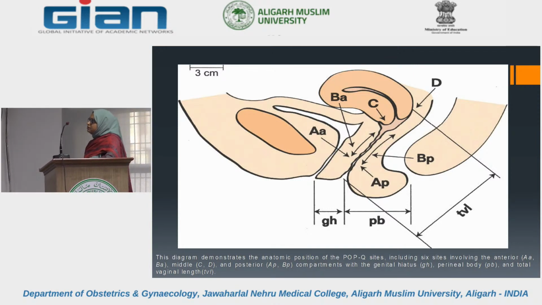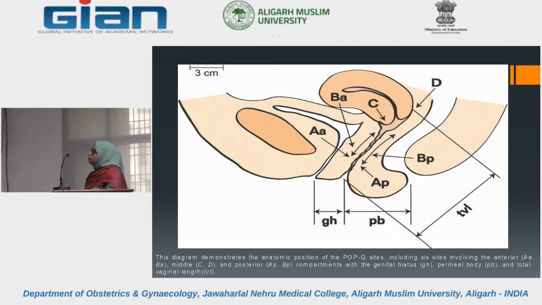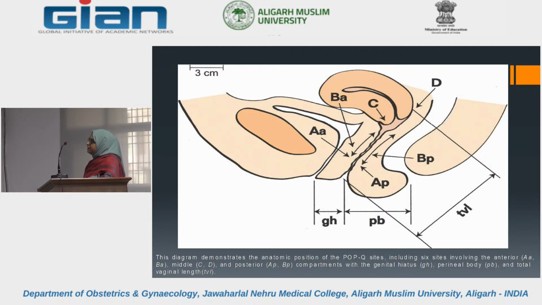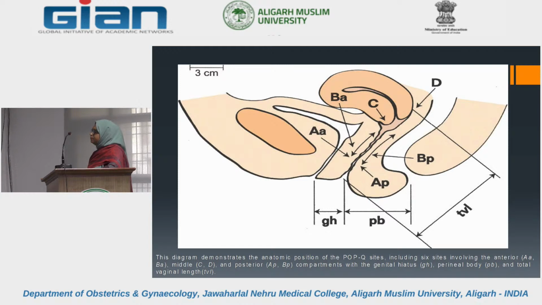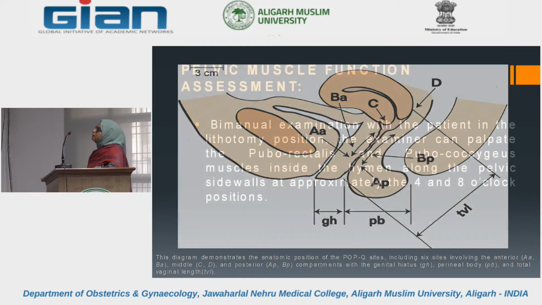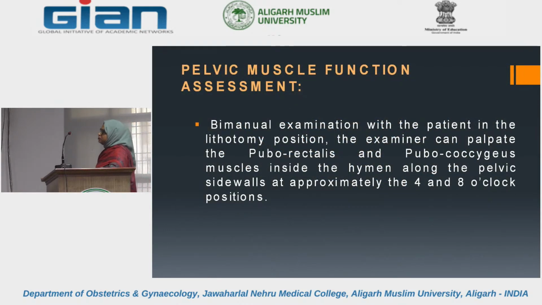Then the pelvic muscle function assessment can be done by a bimanual examination with the patient in the lithotomy position. The examiner can palpate the puborectalis, pubococcygeus muscle inside the hymen along the pelvic side walls at approximately 4 and 8 o'clock positions. Check for the basal tone, whether muscle tone is increased with contraction, as well as strength, duration and symmetry of the contraction. A rectovaginal examination should also be performed to assess the basal and contraction tone of the anal